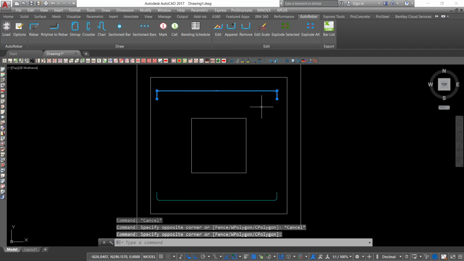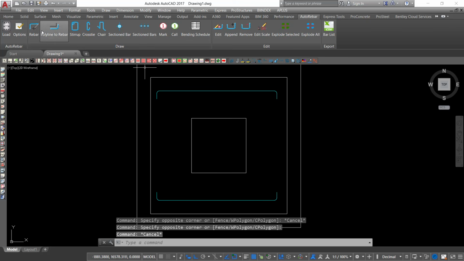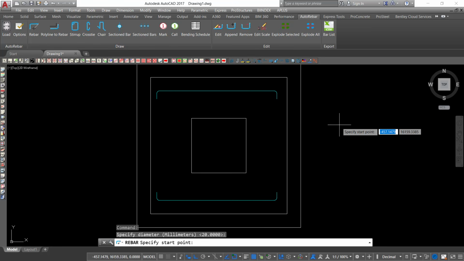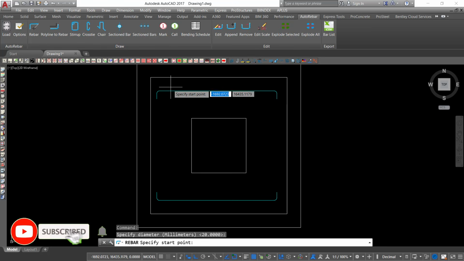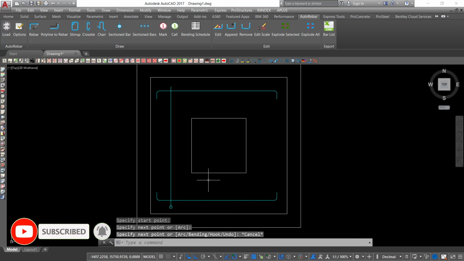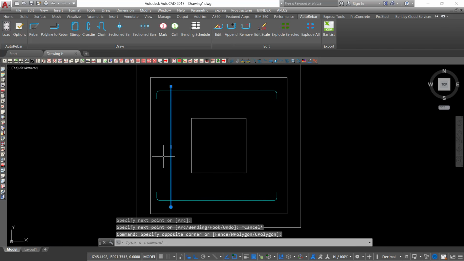I've laid the top bars for the column base. I'll come here and do the same thing here. I'll enter my diameter, the rebar, 20 millimeter, the diameter of the steel bar. I'll enter that, and I'll start from that spot and terminate it there. That is not the right tool we intend to use, so I'll select that and delete